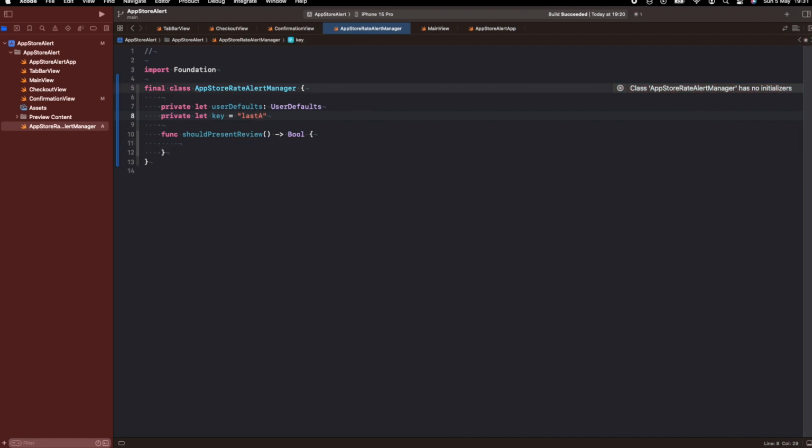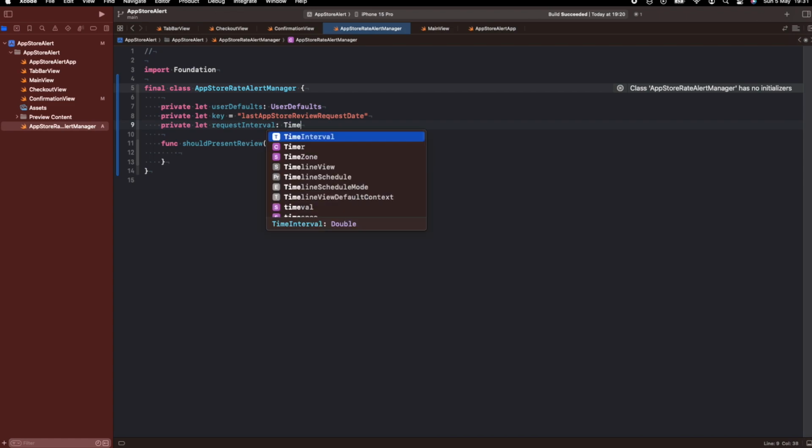I would like to have it in a separate property to avoid typos. And I would like to have also a request interval property